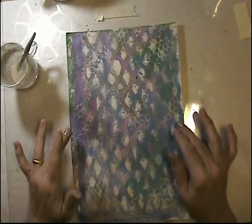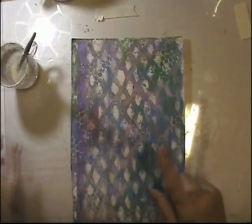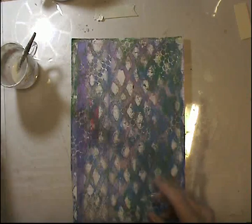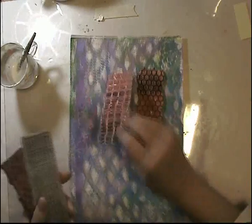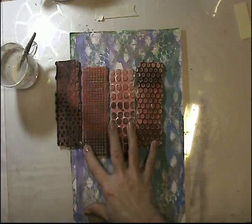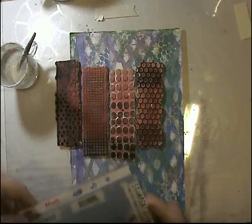So let's get back to my page. My page is another jelly print that I did, and the only thing that I did before the video was stamp a little bit of white paint. Actually, it was gesso. And the stamp I'm using today, because I promised myself I would use an old stamp, especially one that I haven't been using for a long time, is this Tim Holtz. It's a mixed media collection, and it's